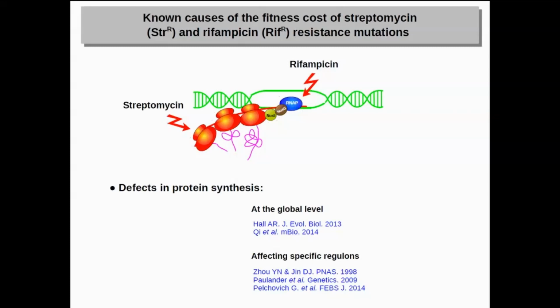Then we had some indications that this was not the only mechanism behind this cost. One of them was this weird epistasis. It's not very easy to understand that if you have a mutation that reduces the processivity of the RNA polymerase by 10%, and then a mutation that reduces the processivity of the ribosome by 10%, you put them together and suddenly you reduce the fitness cost by 40%. It's not easy to understand that if at the end of the day they are all working on the same mechanism.